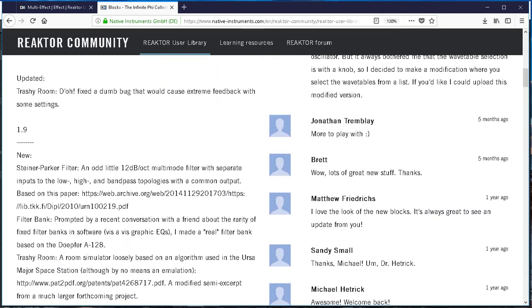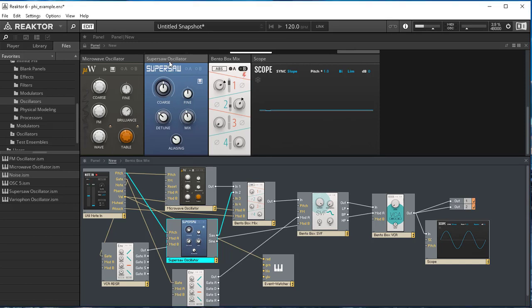A Super Saw, for example, is a classic oscillator from Roland. It's a sawtooth that has additional steps as part of the waveform, so it has a little bit raspier of a sound. It's really raspy. It has a nice growl to it. It's a classic sound. Likewise, this Microwave oscillator